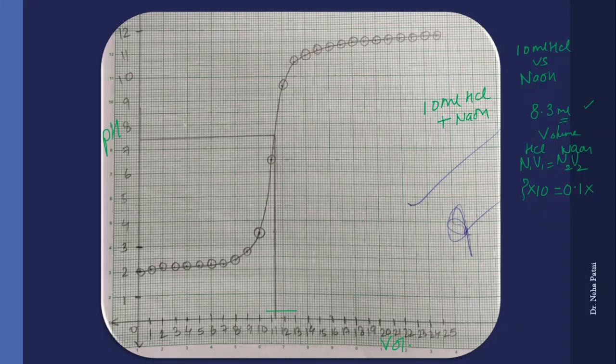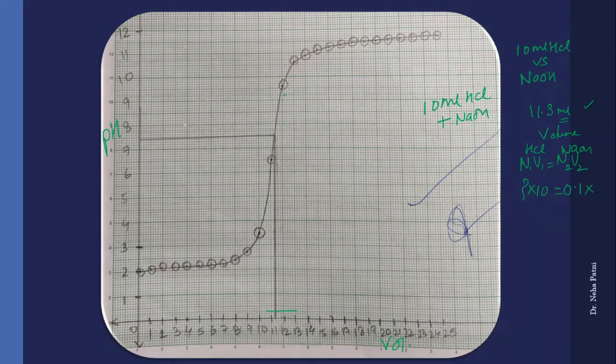Now if you can see, earlier you were adding 8 ml, then 9 ml, then 10 ml, 11 ml, 12 ml, right? Let me change it to 11.3, right? So now what difference does it make? When we are adding 1 ml, it is not making much difference. So when we were at 11, it was not much. But when we added 12, it immediately crosses 7. Obviously because the endpoint is reached.